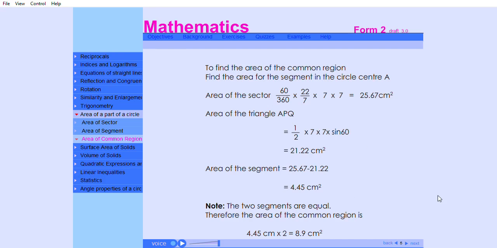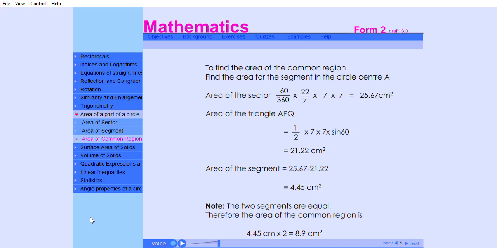Area of the sector is equal to 60 over 360 times 22 over 7 times 7 times 7, which is equal to 25.67 centimeters squared. Area of the triangle APQ is equal to 1 over 2 times 7 times 7 times sin 60, which is equal to